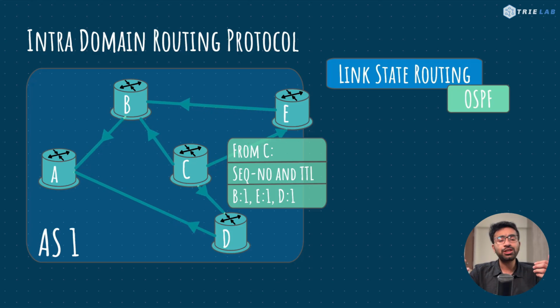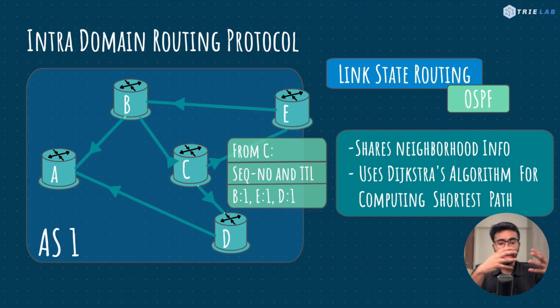If you observe, each packet will have information about which router it's being sent from, its neighborhood information, and a sequence number along with the cache TTL. The sequence number is used to prevent loops or cycles from happening. So if a router sees this packet again from this particular router with the same sequence number, it can discard it. The cache TTL is used to help a router understand until how much time this neighborhood information is valid. So every router will periodically share information, or periodically flood the network, and at the end every router will have a global view of the entire network.